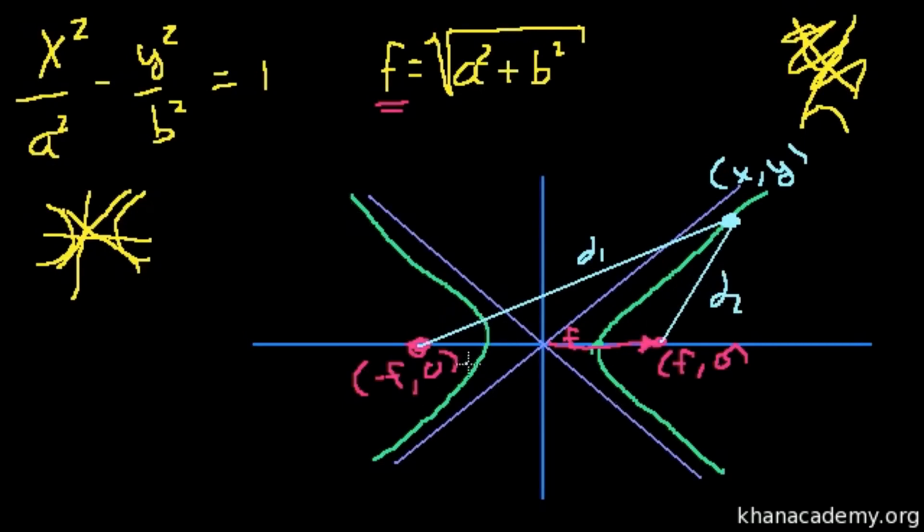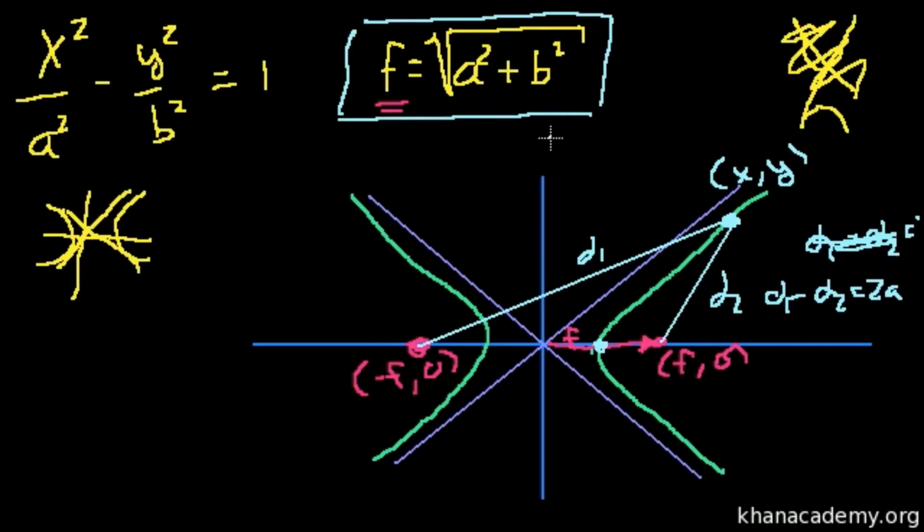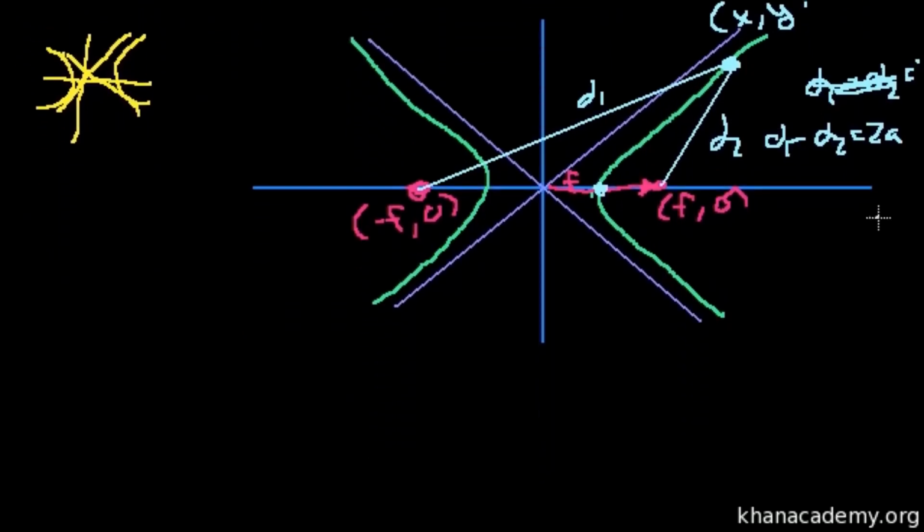In fact, the hyperbola is all of the points that satisfy that condition. And we learned in the last video, just by taking the difference of the distances, we picked this point, we said, okay, what's that distance minus that distance? And we figured out that it's 2a. So d1 minus d2 is equal to 2a. So let's use this fact, that d1 minus d2 is equal to 2a, to try to prove this right there. So the first thing to do is figure out what d1 and d2 are,